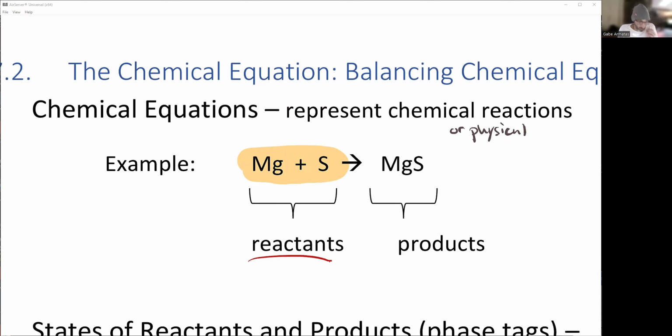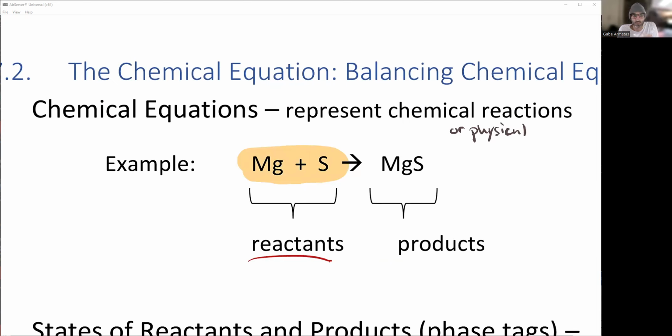So we represent chemical reactions. We have this little plus sign. The plus sign represents the addition of a chemical. So every time you see a plus sign, it's an addition of two chemicals. Here I have magnesium and sulfur. I have two chemicals, two pure substances that are reacting. You may hear other words. Reactants is the most common one, but you might hear reagents or chemicals or just some version of these things